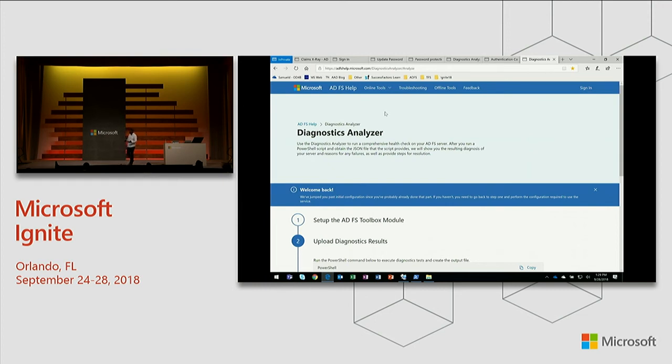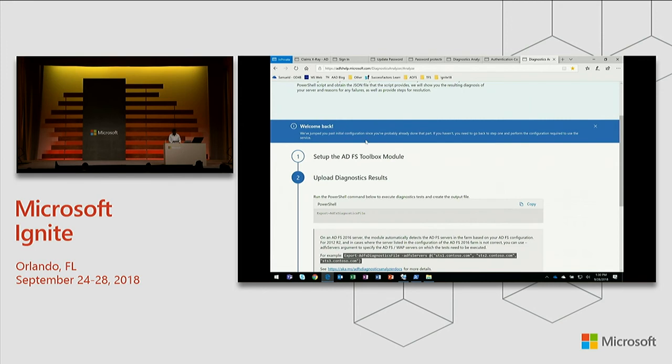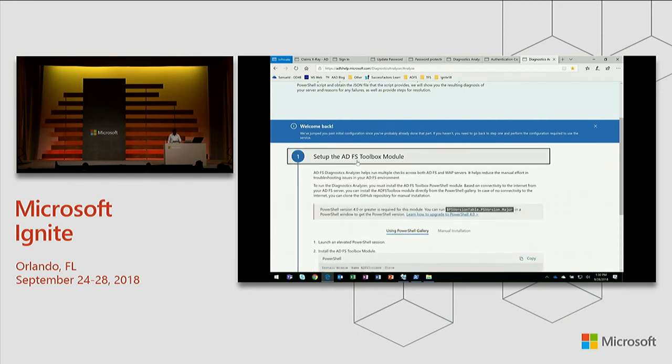So for all our other customers, we said, can we provide something that makes it easy? And also for our support organization to be able to run these and get information about the system in a cool manner. And this is what this is, the diagnostic analyzer.